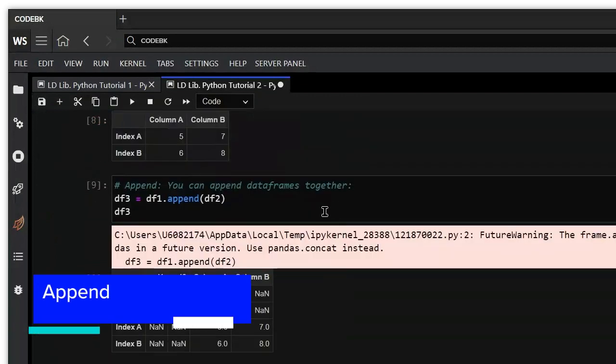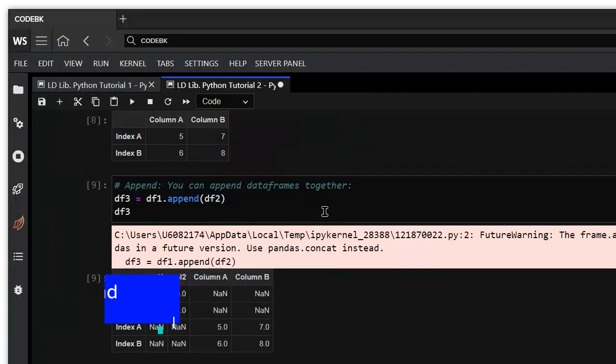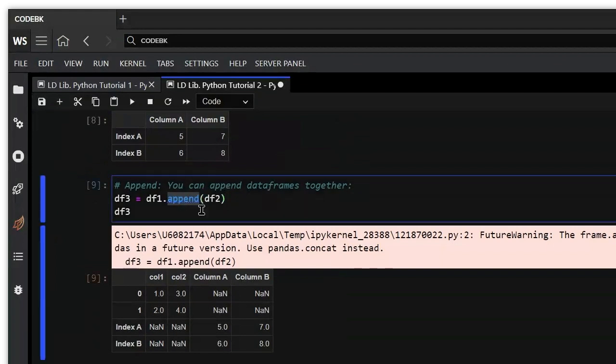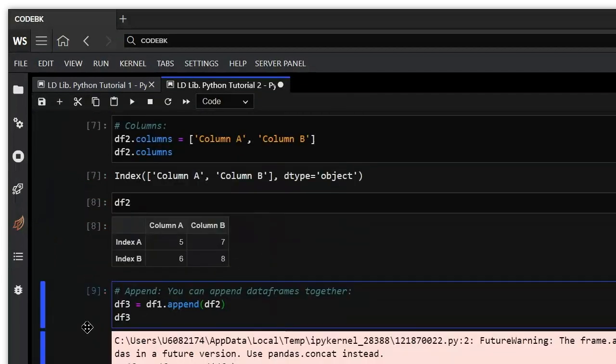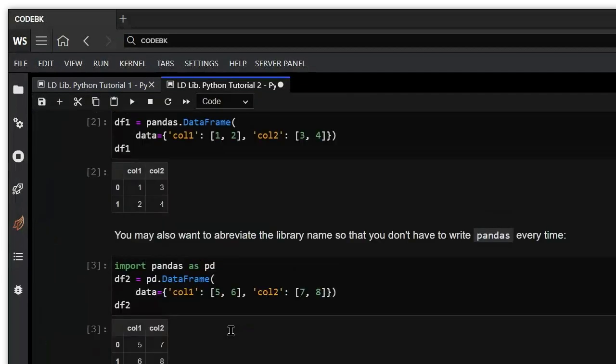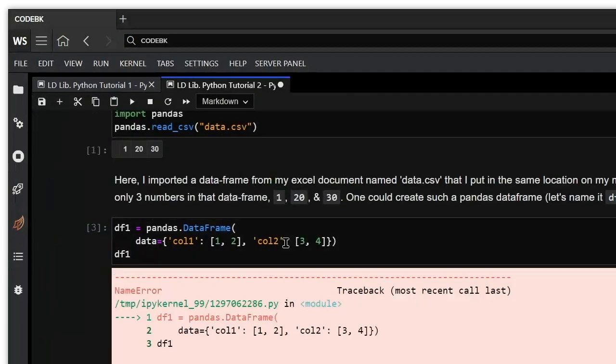You can manipulate data frames, and that is really where Pandas starts to shine. Before, it was just a data structure, just a way to store your data, similar to a list or a dictionary, but we can go much further with Pandas and manipulate our data frame. So here what we're doing is appending. So we are adding, if you remember, what was df1? df1 was right there, and df1,